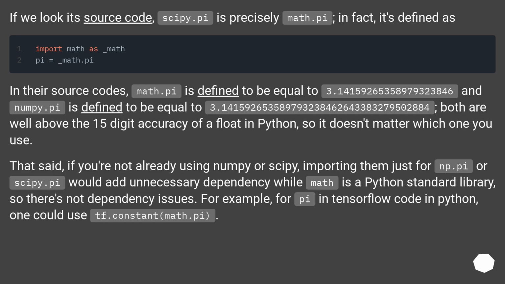Both are well above the 15-digit accuracy of a float in Python, so it doesn't matter which one you